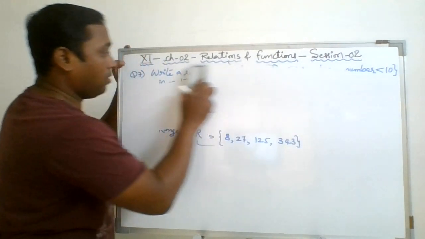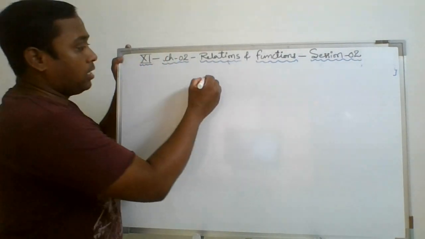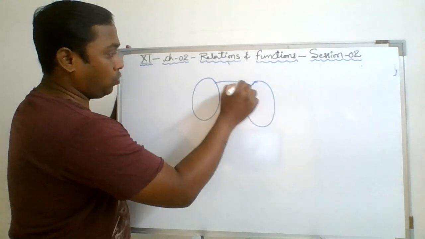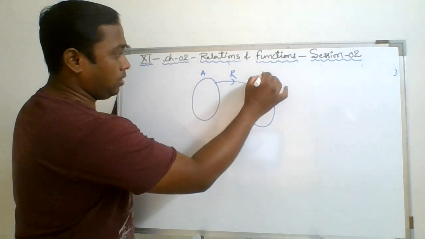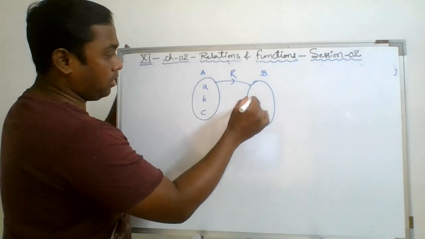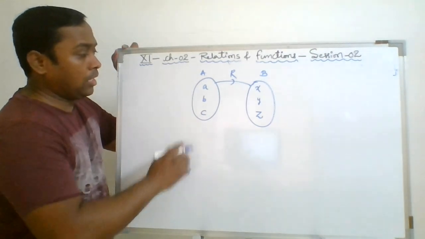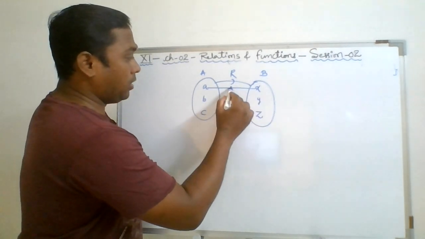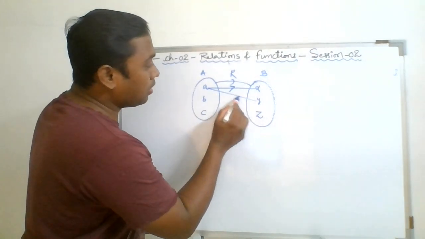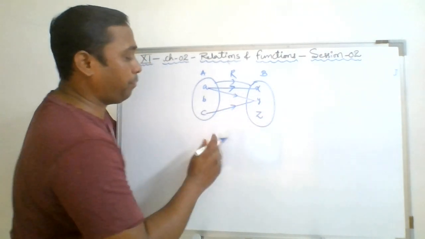So now I am taking the third and the last question of today's discussion. Let us say here some variables randomly connected through some relation R, from set A to set B, having some elements A, B, C, and here some elements like X, Y, and Z. What I have observed here is that A is related with X, A also related with Y, and C is related with Y.